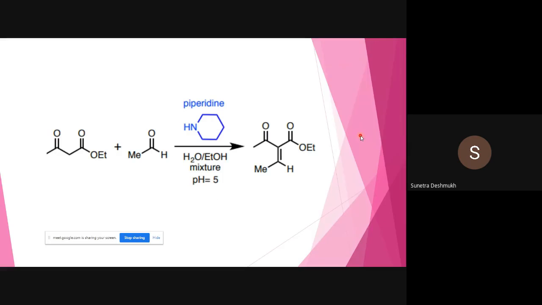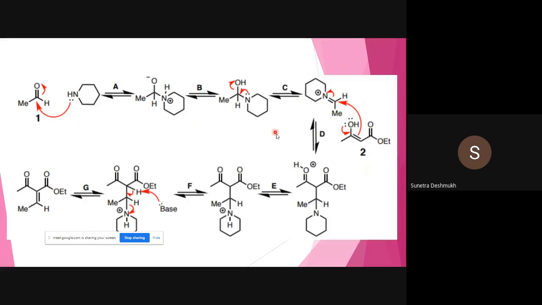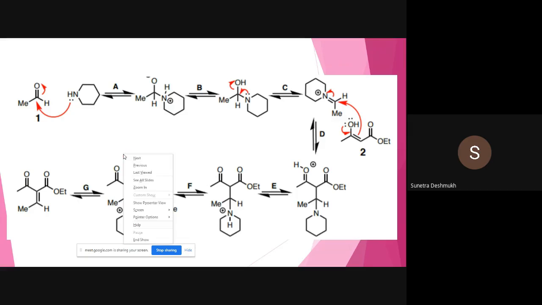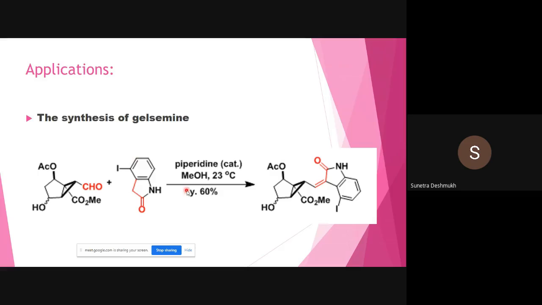So this is nothing but the Knoevenagel condensation to create the carbon-carbon double bond at the active methylene site. So we need an aldehyde and an active methylene compound, and we carry out the reaction in the presence of piperidine as a catalytic base to generate this kind of molecule. So extended conjugation we can say. Here I have also given one more example, so you can refer to the previous example of the mechanism or you can refer to this one also.